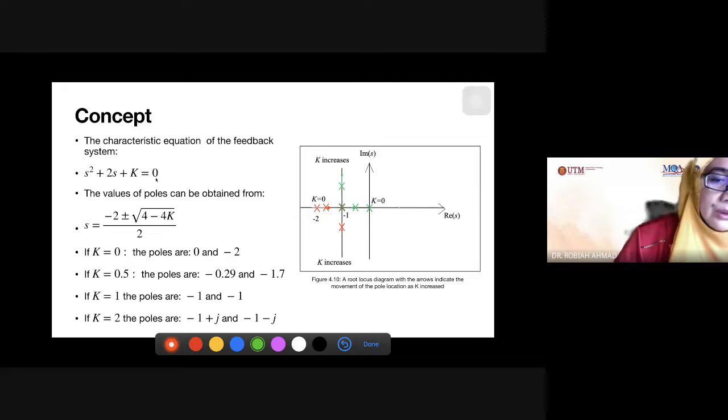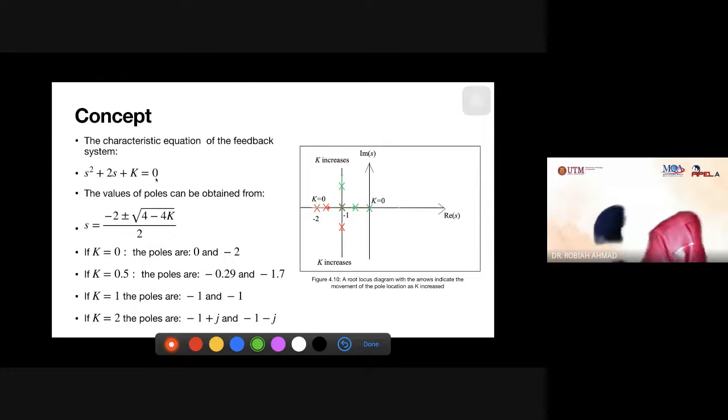Okay, so kita nak cari dia punya roots. We want to find the value of poles. So we use this equation lah. Jadi dia akan ada s1 and s2. Okay, ni macam mana dapatnya? Kita guna formula minus b plus minus square root. Apa dia, kelas? b squared